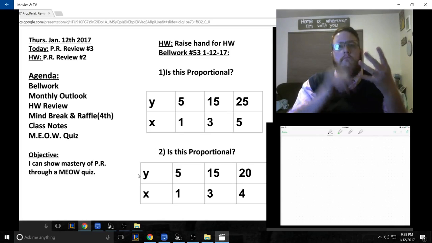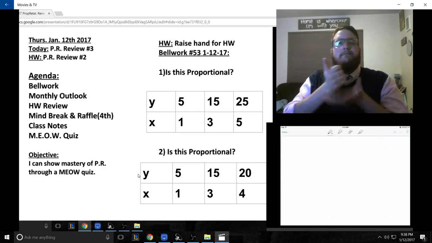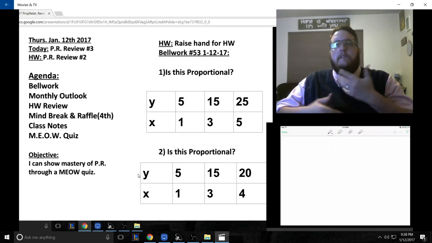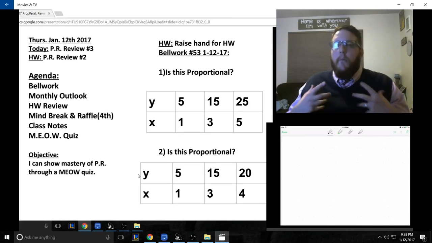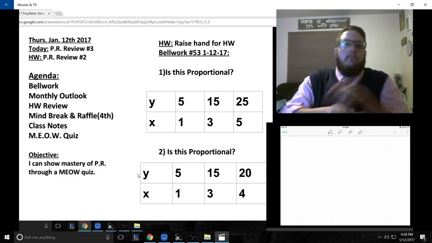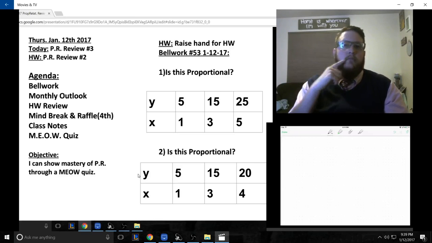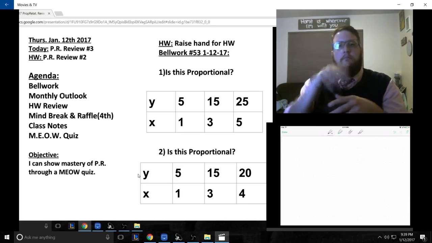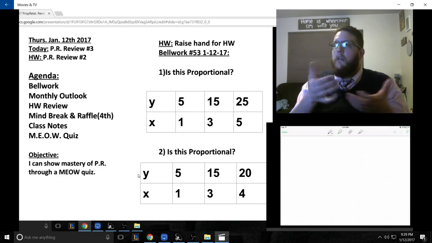Our agenda for the day was to work on our bell work, take a look at the monthly schedule, the monthly outlook, review the homework that they were supposed to have done the previous night, do a mind break and a raffle for 4th period. A raffle is just an opportunity for them to win homework passes or small amounts of extra credit or clan points. And after that we were getting into class notes,